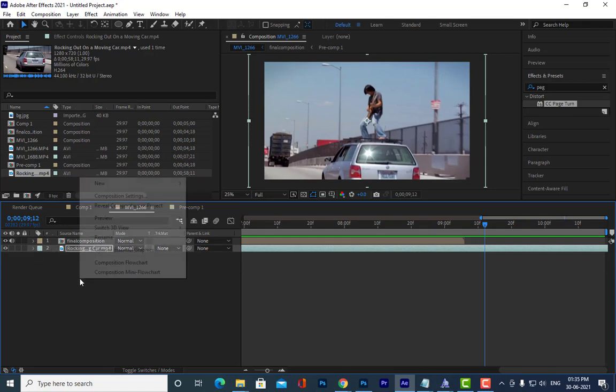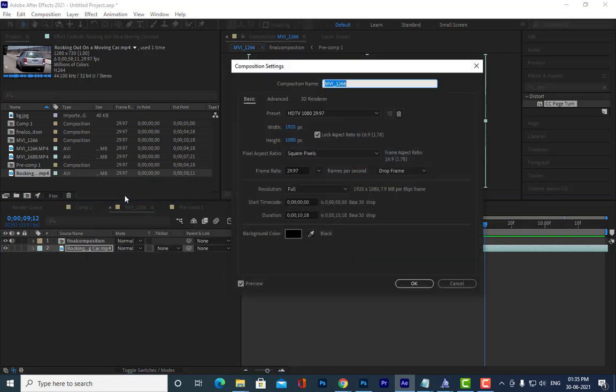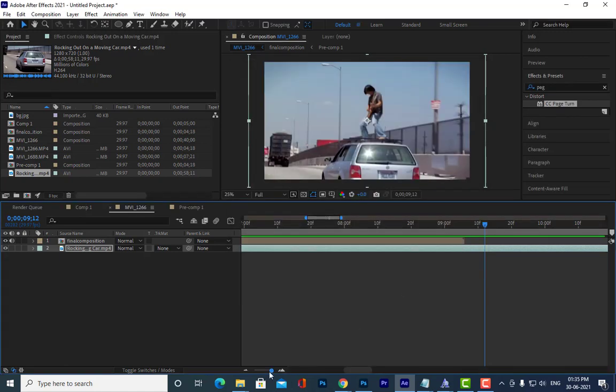How can we increase the composition size? We can just right click, composition settings. Let us say 40 seconds. So I have a 40-second composition here.